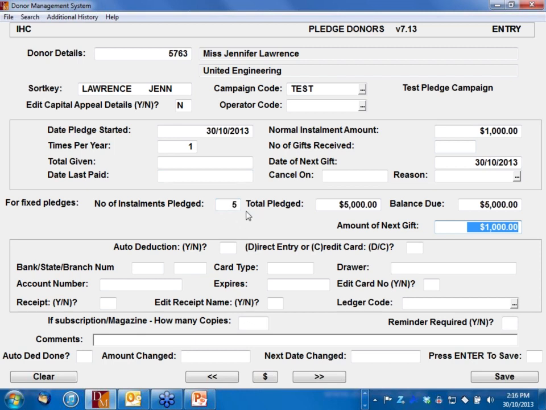And so when you run the reminder, the next date will be 0 and it will not look for any more amounts of money. Also, if you run reports that show you the projected income over the next 5 years, for ongoing pledges it will assume that the payments will continue for the length of the report date. With a fixed pledge, as soon as it gets to the fifth one, it won't project any more money because it knows that pledge will have finished.